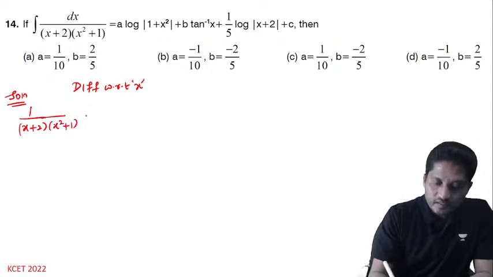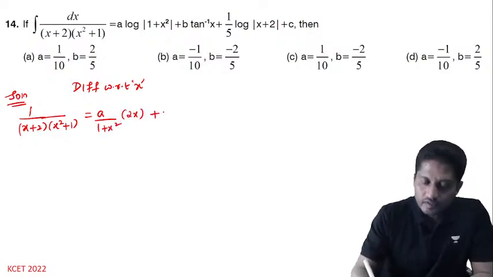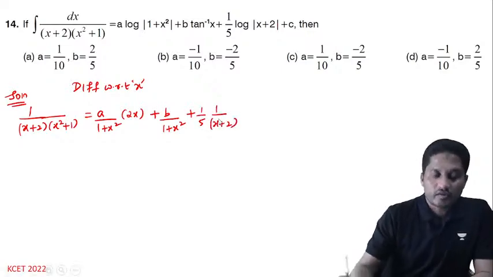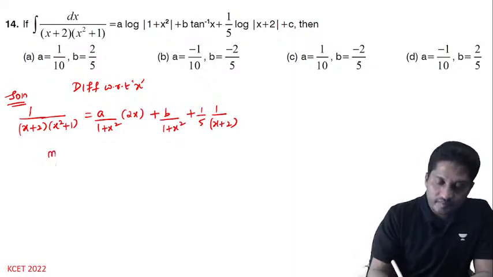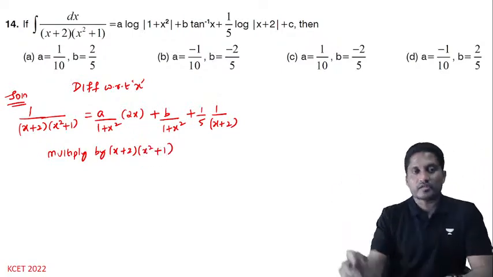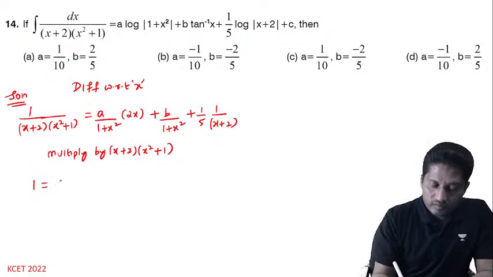Isn't it, guys? Is equal to a times differentiation of log x is 1 by x and differentiation of x square is 2x, b times differentiation of tan inverse of x is 1 by 1 plus x square, plus 1 upon 5 log x is 1 by x. Okay, now if I take LCM, or if you multiply by x plus 2 into x square plus 1 throughout, 1 is equal to, you get 2ax into x plus 2